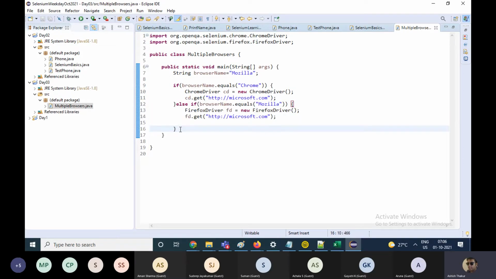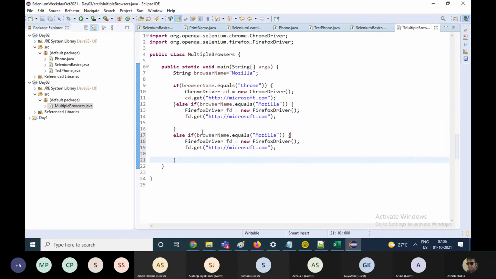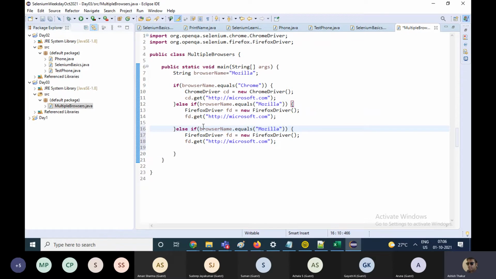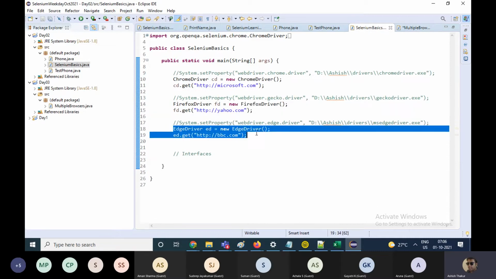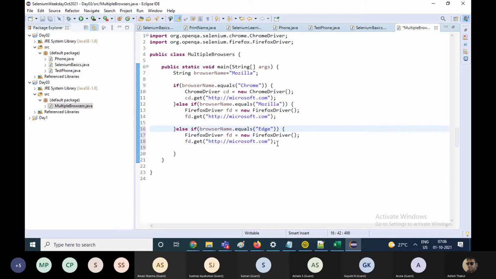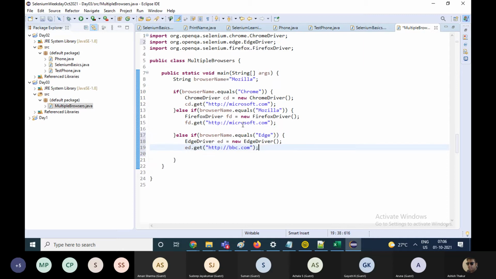And similarly, you can have the else if statement for Edge. All right, so you can go to the Edge driver. This thing will work.